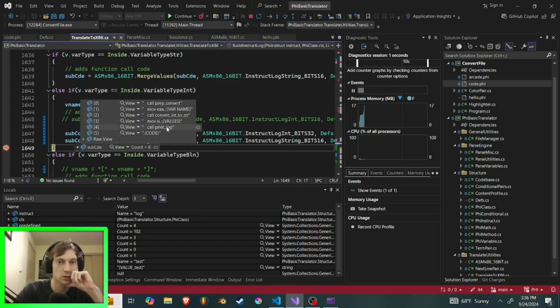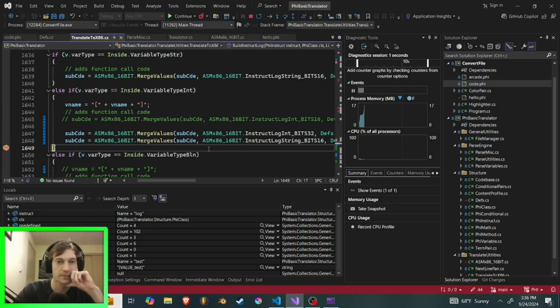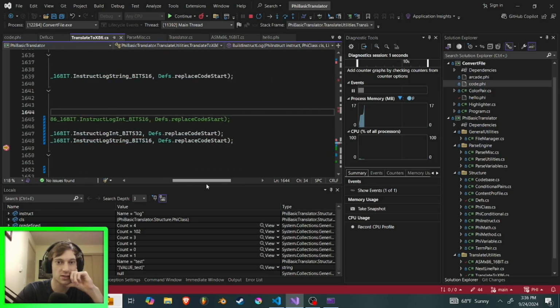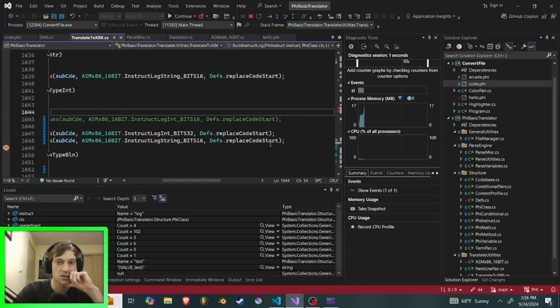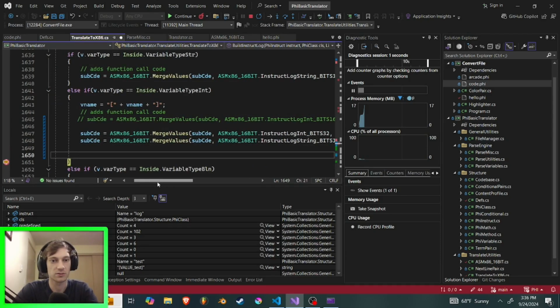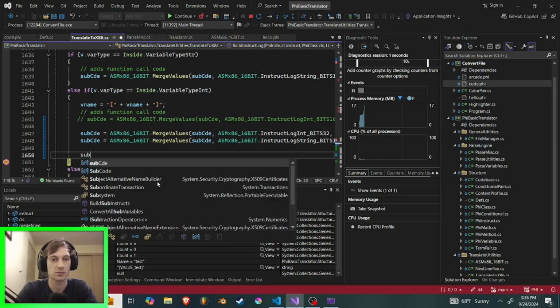Subcode. Call print log. Good, there's only one. Okay, so this vname, what is it? Test. Okay, you're the thing that needs to be converted. So what we need to do next is insert vname by doing subcode